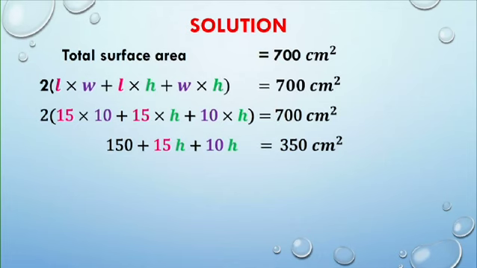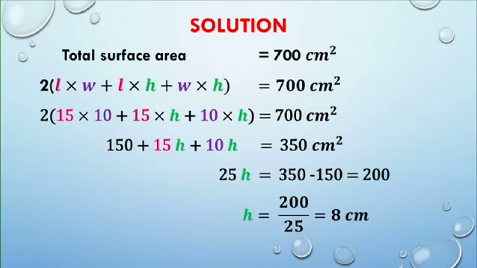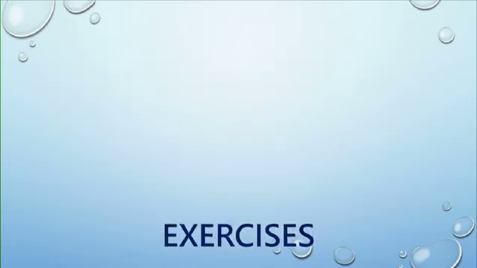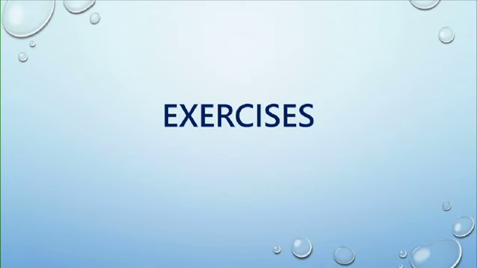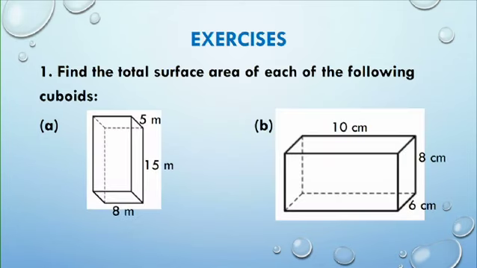Simplifying gives 25H equal to 350 minus 150, which is equal to 200. So H will be 200 over 25, which gives me 8. So the height of the cuboid is 8 centimeters. We now have some exercises for you to practice. So question 1, you are given different types of cuboids and you need to find the total surface area of each of them. Question 2,